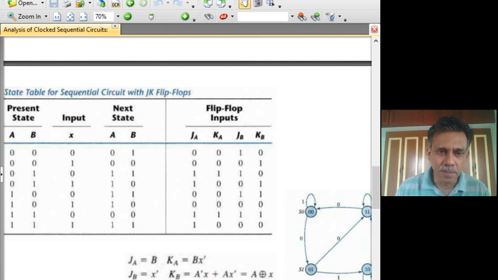Coming to JB, JB is nothing but X bar. You know X, you just complement it and copy it here. So look at this JB. When I read out the X bar from here, you can cross verify. Here X equal to 0, so X bar is 1. Then you will have 0, 1, 0, 1, 0, 1, 0. So this is how JB is fixed.